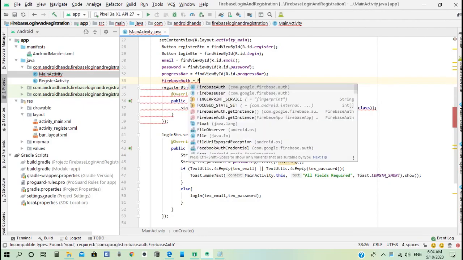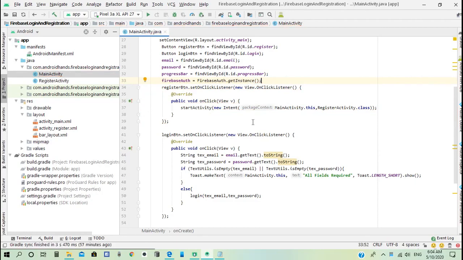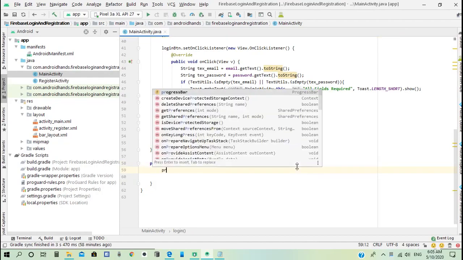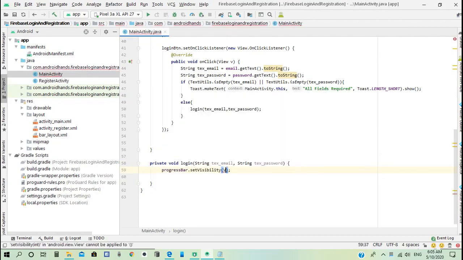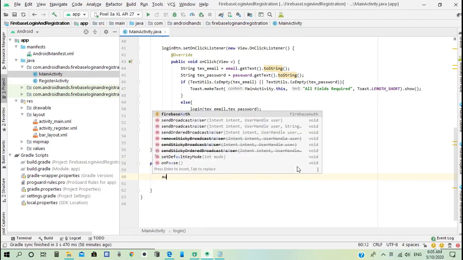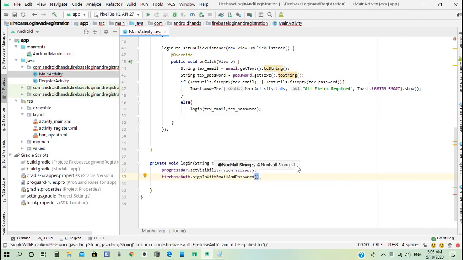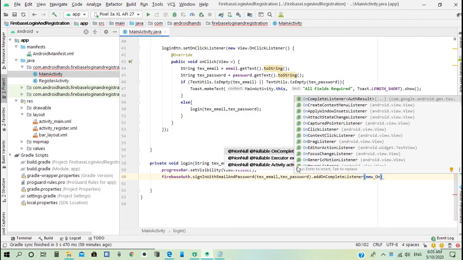Okay, inside the login method, we need first to initialize the progress bar, and then we need to get the authentication with signInWithEmailAndPassword. Here we need to cast the text for email and the text for password. Dot addOnCompleteListener, new OnCompleteListener,